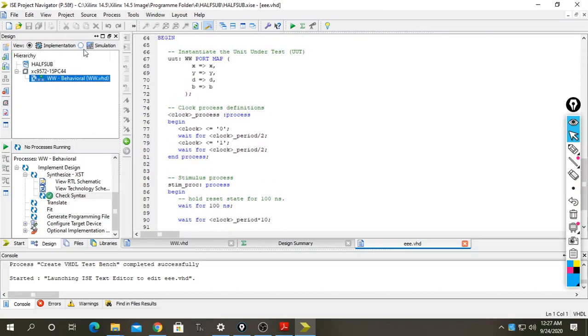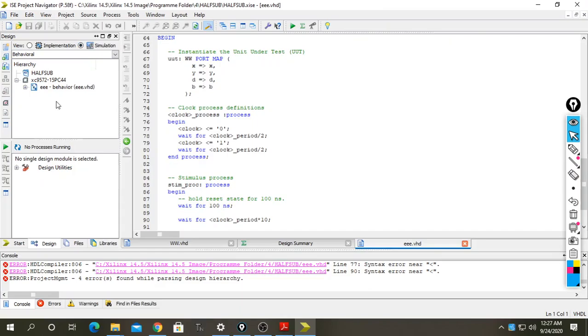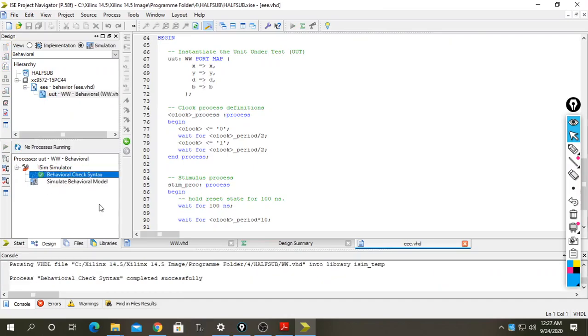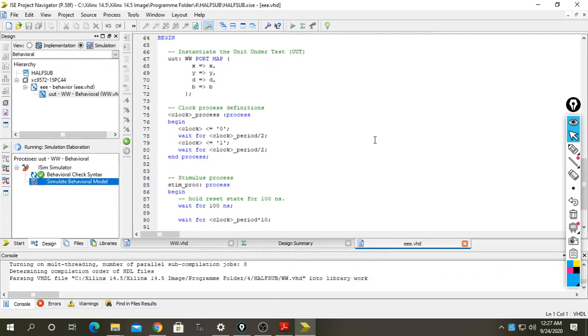Nothing to do with that. Just go to simulation, click on behavioral, and again check the syntax. After checking the syntax, click on simulate behavioral model and run this.